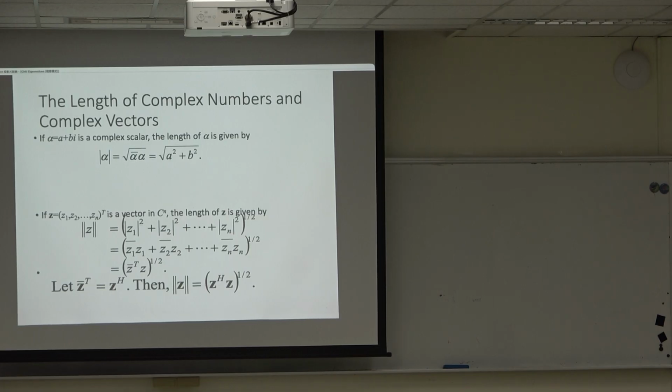Because of this reason, we define the conjugate of a vector Z to be the conjugate and the transpose of Z. So with that in mind,